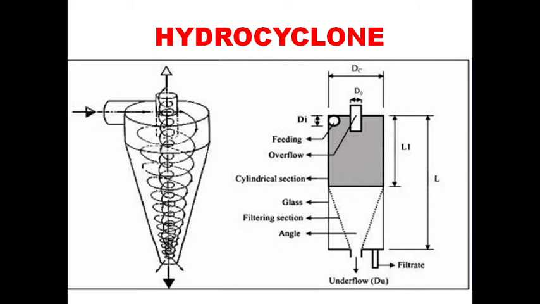Next we are going to discuss about the working principle of hydrocyclone. Hydrocyclone will normally have a cylindrical section at the top where liquid is being charged tangentially and a conical base. Angle and length of the conical section play an important role in determining operating characteristics. What are the operating characteristics?